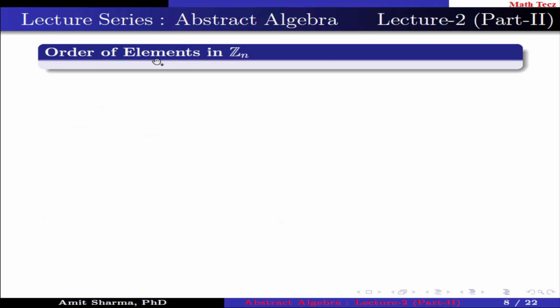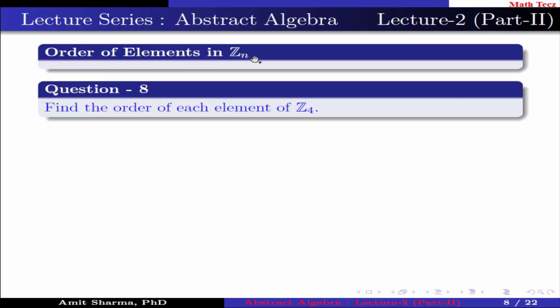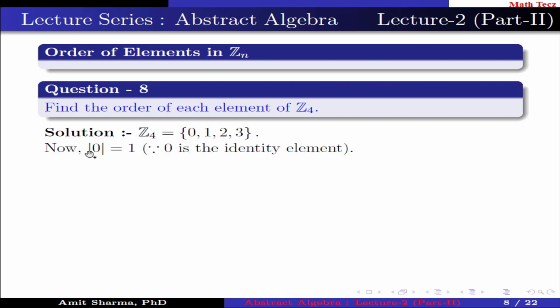Next is order of elements in Zn. Question number 8. Find the order of each element of Z4. We know that Z4 contains the elements 0, 1, 2 and 3. Now order of 0 is 1 because 0 is the identity element. Order of 1 is 4 because 4 multiplied by 1 is 4, and when we divide 4 by 4 it will give you the remainder 0,